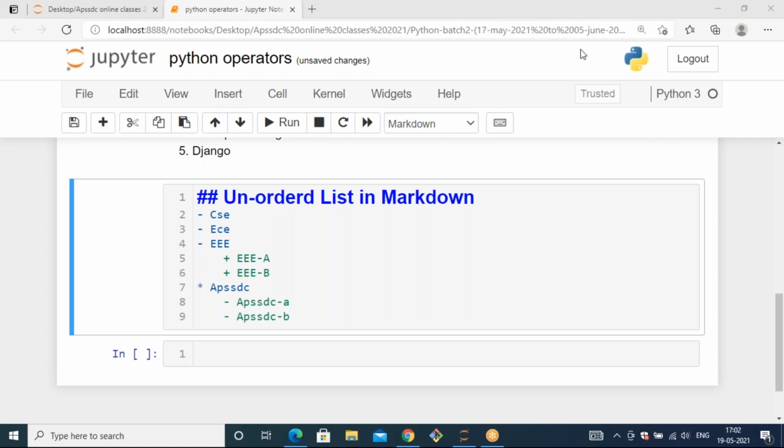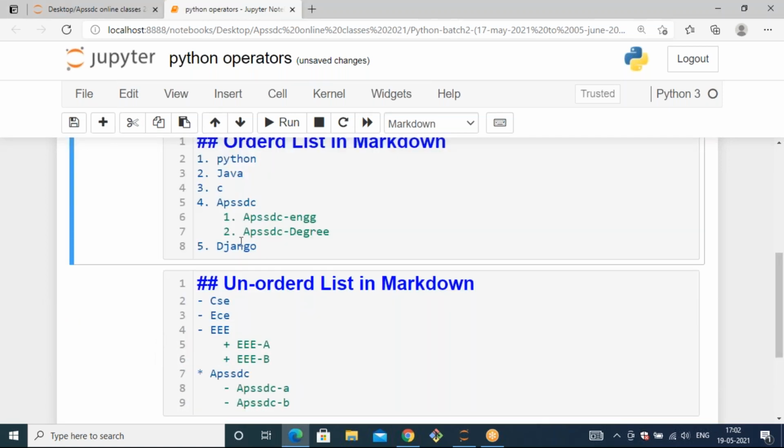So if you are not getting all alphabets while creating a sublist, you can get a random number, meaning Roman number specification also. Other than alphabets, you will get something, but you need to focus on the sublist format. So you are getting a sublist or not: here I'm passing APSDC engineering in the sublist of the main list of APSDC.